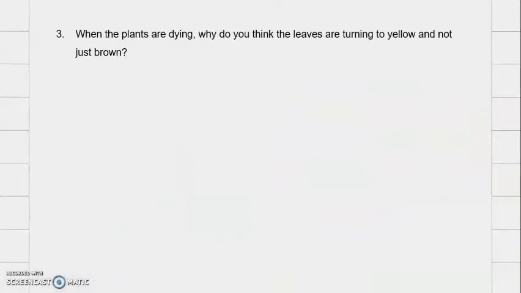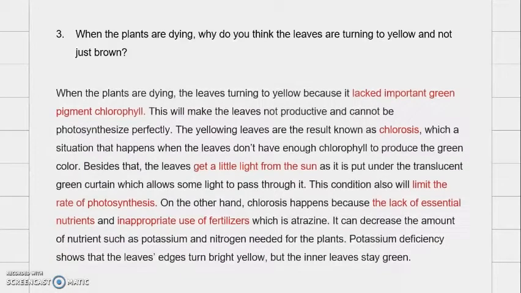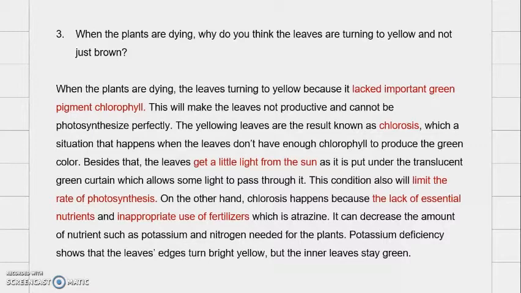Question 3. When the plants are dying, why do you think the leaves are turning yellow and not just brown? When the plants are dying, the leaves turn yellow because they lack the important green pigment chlorophyll. This will make the leaves not productive and unable to photosynthesize perfectly. This process is known as chlorosis, which is a situation that happens when the leaves don't have enough chlorophyll to produce the green color. Besides that, it turns yellow